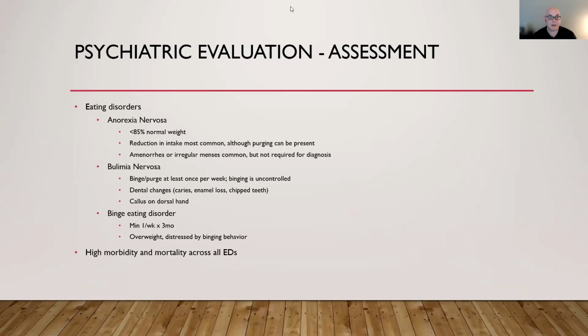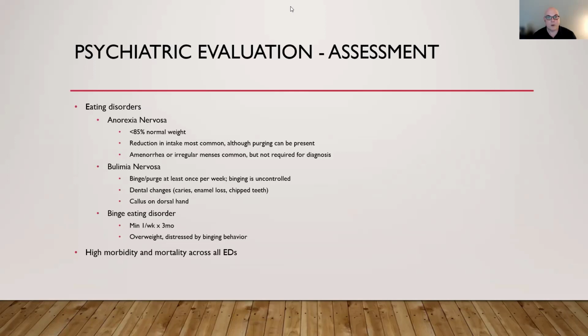In women, you're going to very often see amenorrhea or irregular menses. It's not required for diagnosis. It used to be, but it's not anymore. Bulimia nervosa, this is binging and purging at least once a week. The binging is uncontrolled. So they feel like when they get in front of food, they physically cannot stop themselves. Binging is defined as a concentrated episode of overeating to the point of discomfort, and again, with the lack of